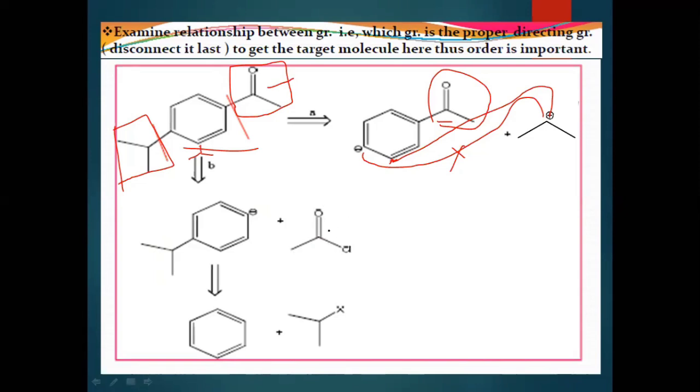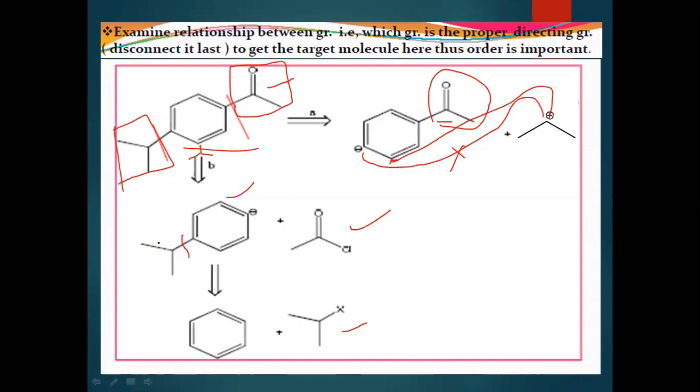If you try to do the further disconnection of this molecule in order to get a simpler system, you do the disconnection at the CC junction, and you will get benzene plus the corresponding alkyl halide. We know that alkyl halide plus benzene, if you use the Friedel-Crafts alkylation reaction, you will get this particular intermediate. And after that, you do once again the Friedel-Crafts acylation, not the alkylation,